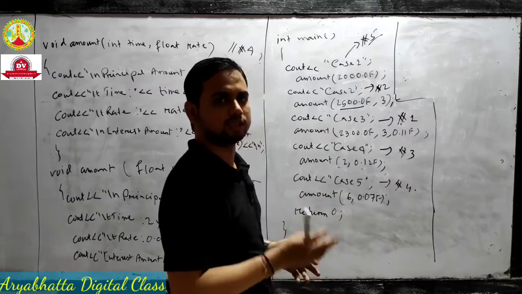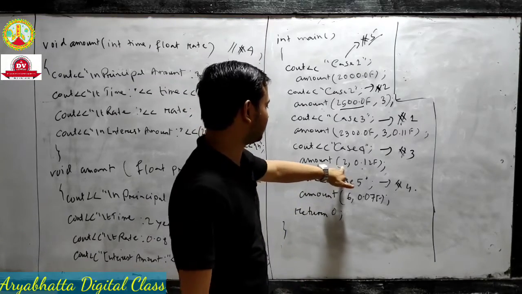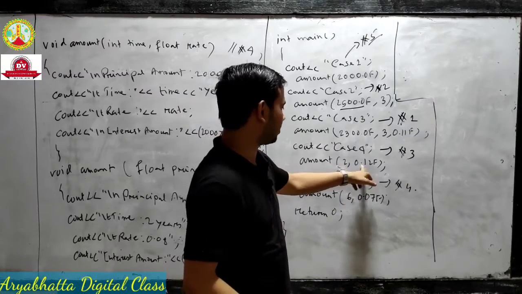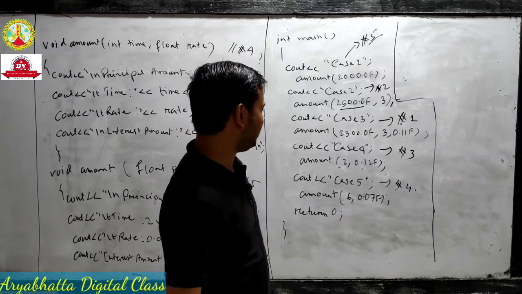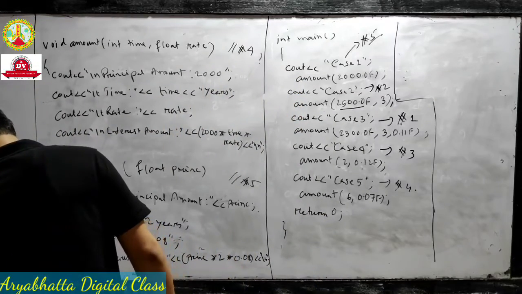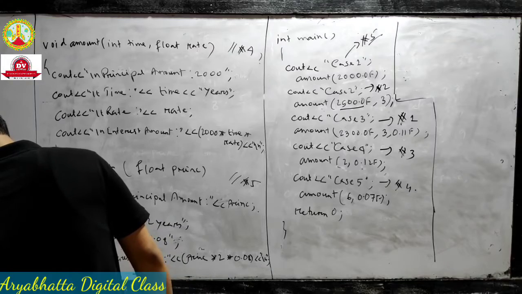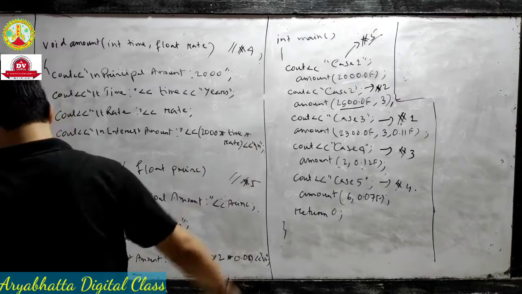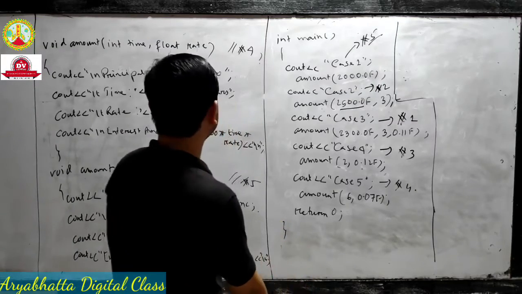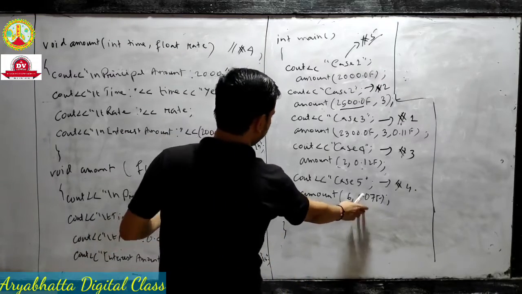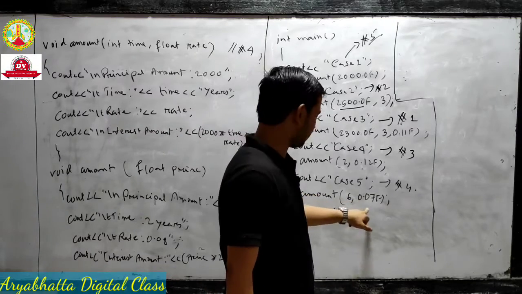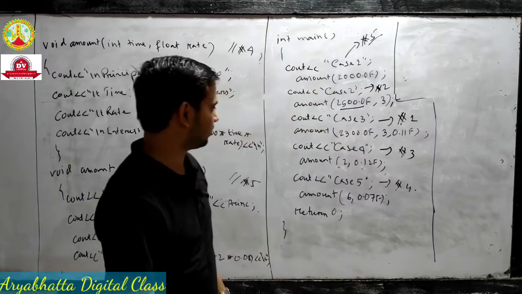These all are same. You see in function 3, time is 2 and here the default argument and this argument are same. And interest is 0.12, means 12%. And then your principal amount is by default 2000. In case 4, principal amount is default 2000. And here this is for function 4, case 5. Principal amount is 2000. This is time and rate. You just calculate, then it is already coming.